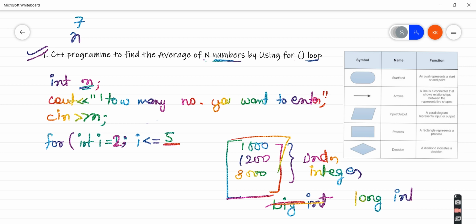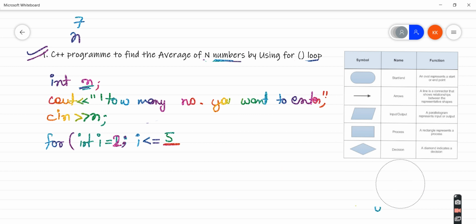So for now we are not going to see that because we haven't learned about long integer, right? So for now we will think of this as,